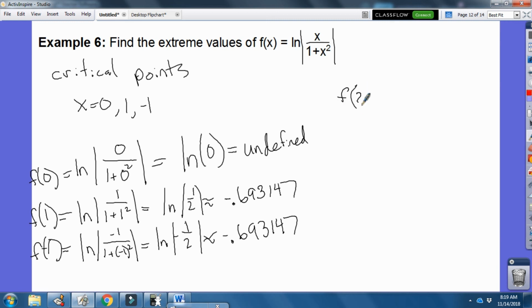F of 2 is natural log of 2 over 1 plus 2 squared. That point is negative 0.91. And since that point is lower, that means that these 2 points that I have are maximums. So since that point is lower, my 2 maxes